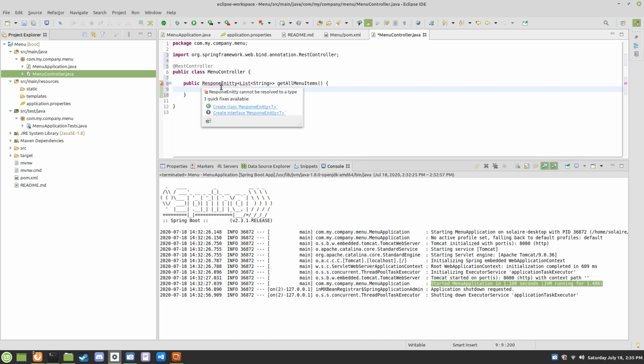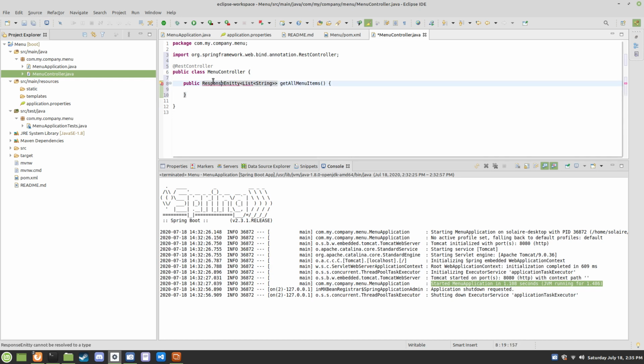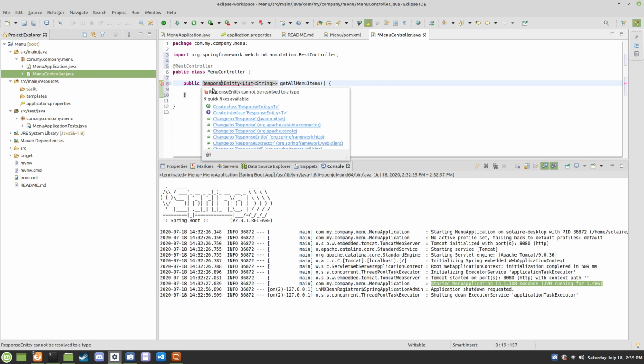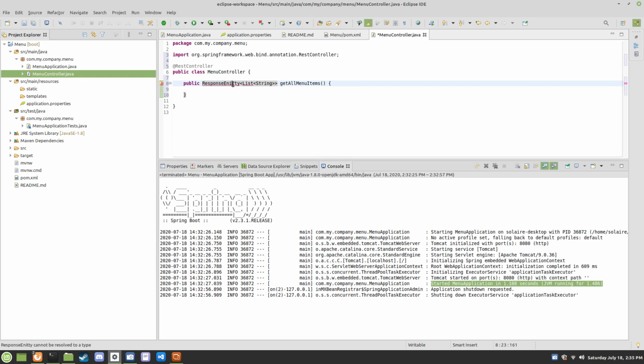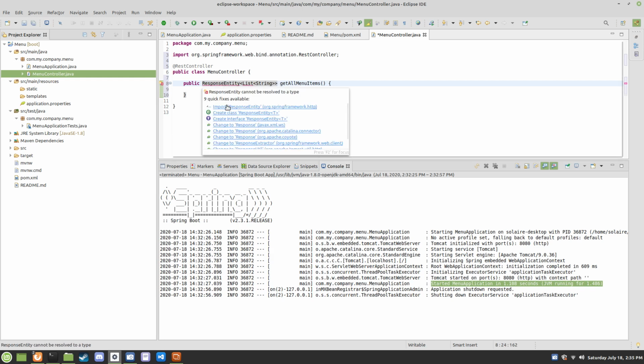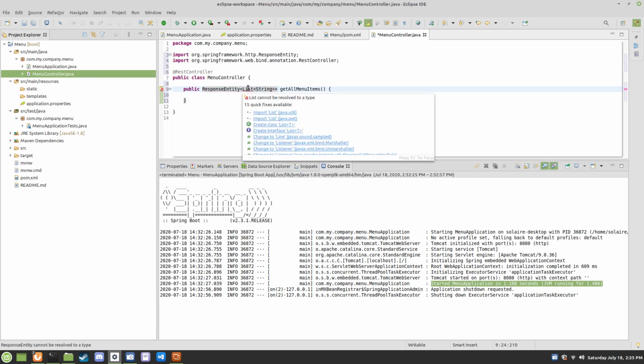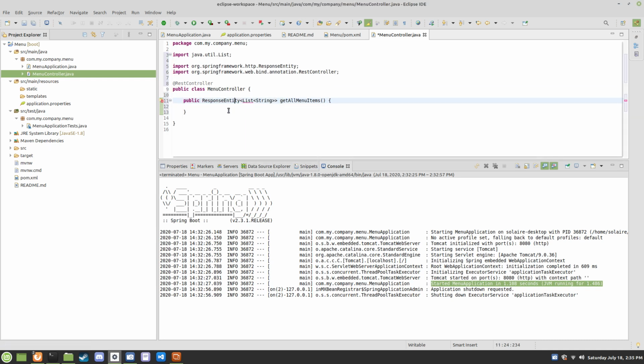Go ahead and make sure you spell response entity right. And then import from the Spring Framework .http, and then java.util for the list. And then we go to return a new response entity of the same type